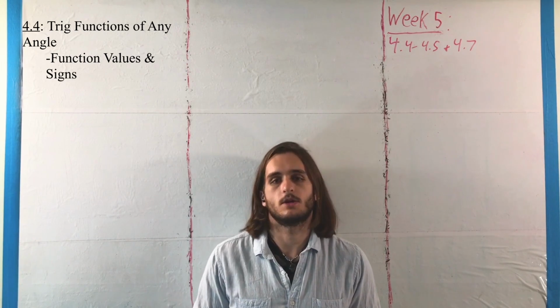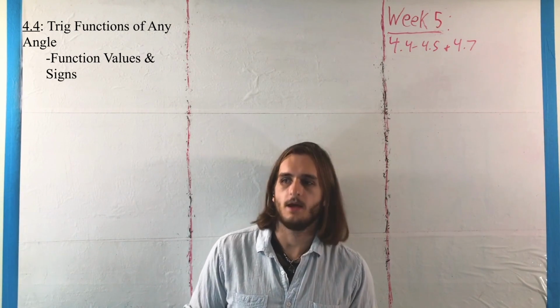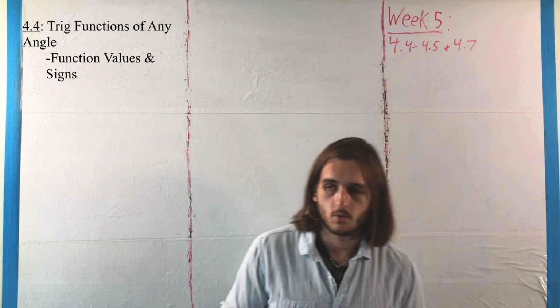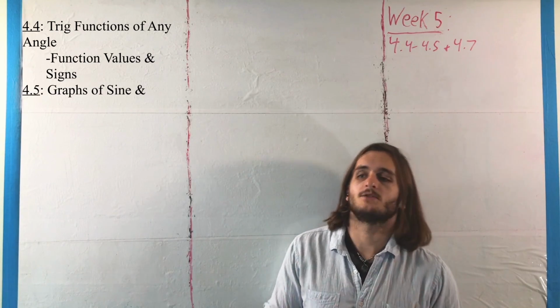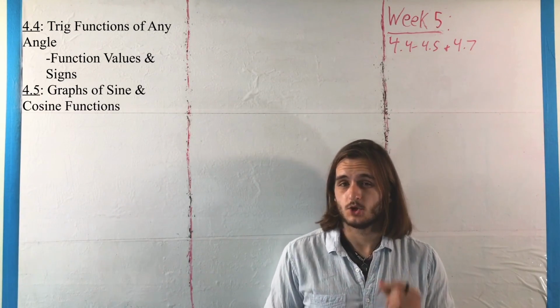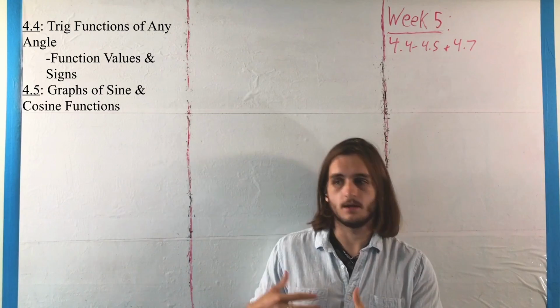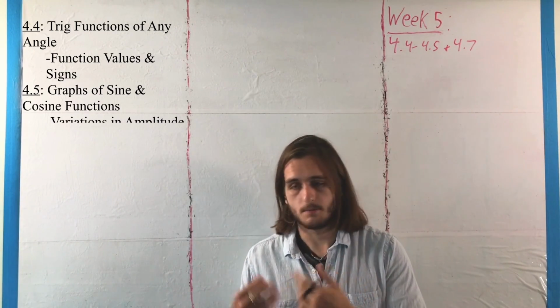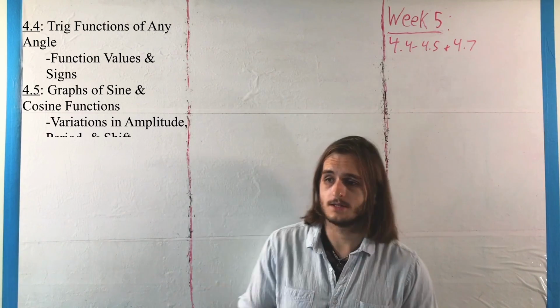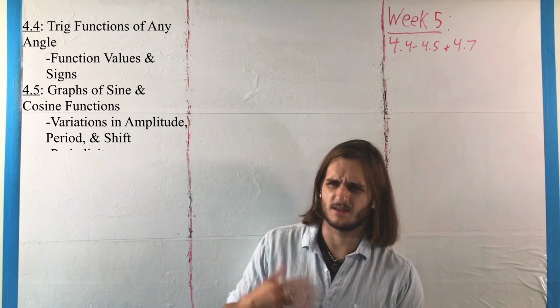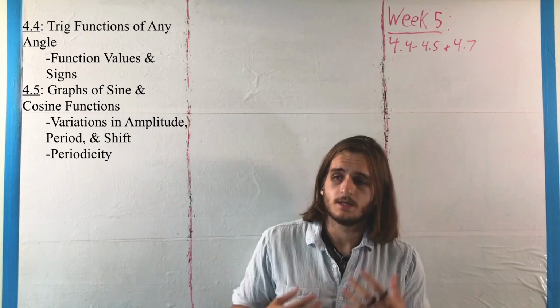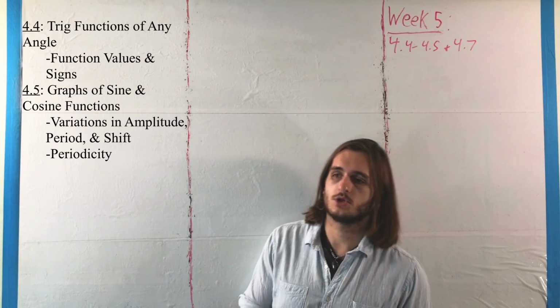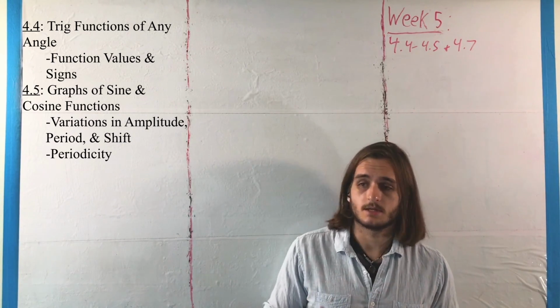That's the biggest thing that we look at here in terms of being able to describe behaviors, where from there we're moving on into 4.5, talk about how you can more generally graph trig functions, that is, trig functions that have been algebraically adjusted. So we're looking at things like the periodic behavior of trig functions, amplitude, phase shift, something in the vein of frequency, just seeing how we can change these behaviors to get adjustments on a trig function